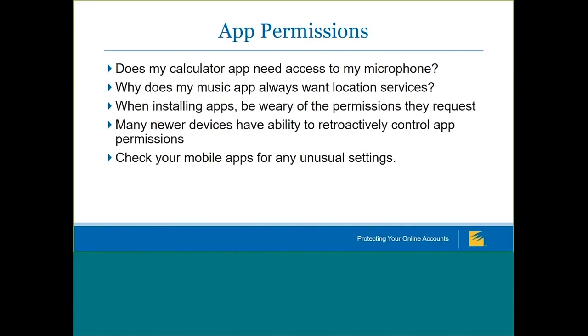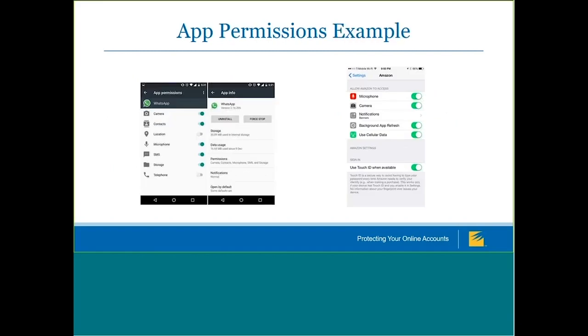And the last thing I'm going to talk about is app permissions. Really, some apps that are on your phone or on your tablet have a lot more permission than they need, and that's kind of just the simple truth of it. So go through your app settings, whether you have an Android or an Apple device, and see what permissions different apps have. If you have a calculator app and it has the microphone on, there might be a legitimate feature built into that calculator that is an accessibility feature that you can talk and speak